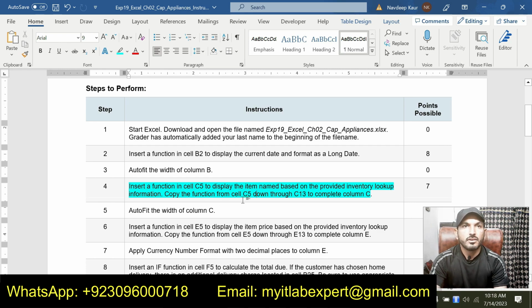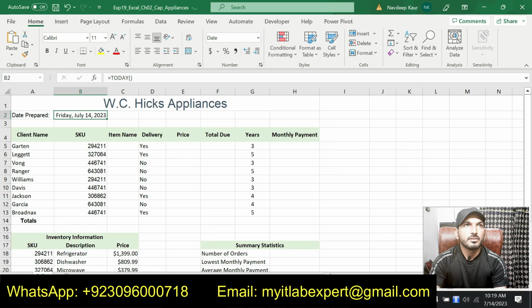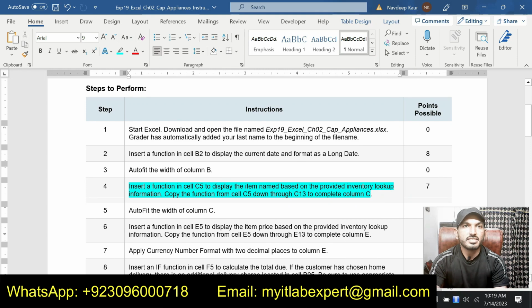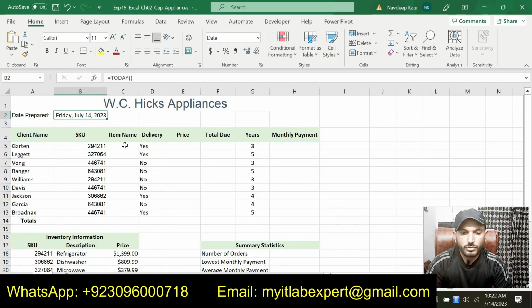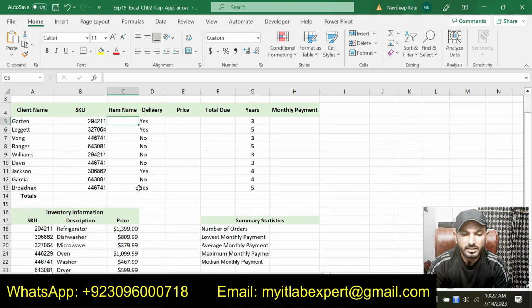Copy the function from cell C5 down through C13 to complete column C. So we are supposed to show the item name based on the inventory information.